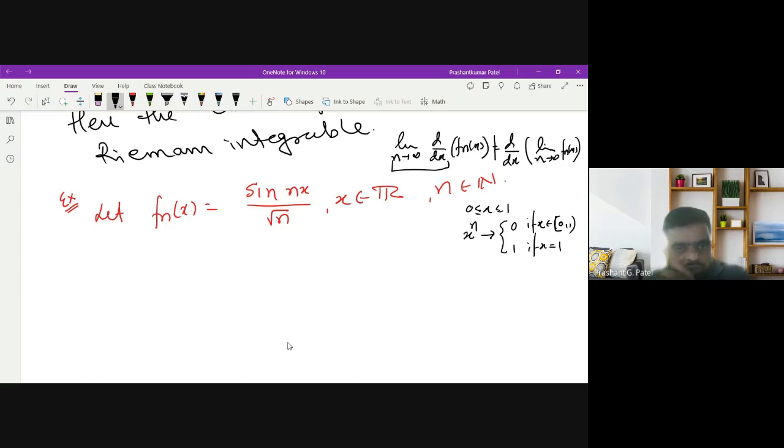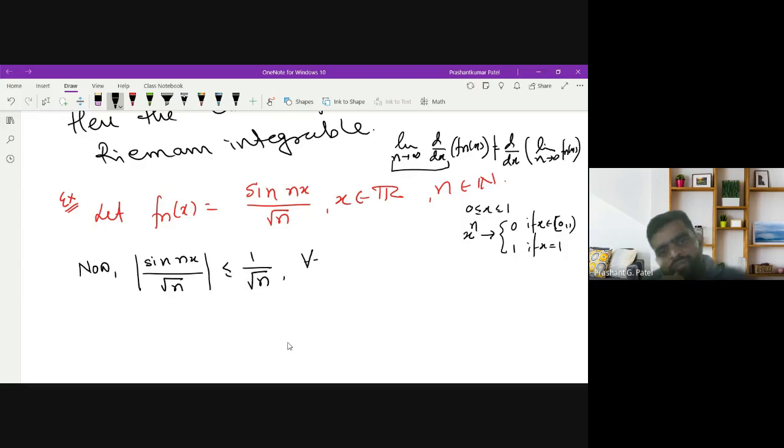So this is the counter example for that. Now let us consider |sin nx / √n| ≤ 1/√n for every x belongs to R. This is because the sine function is always less than or equal to 1. And by the comparison test, if I take the limit as n tends to infinity,